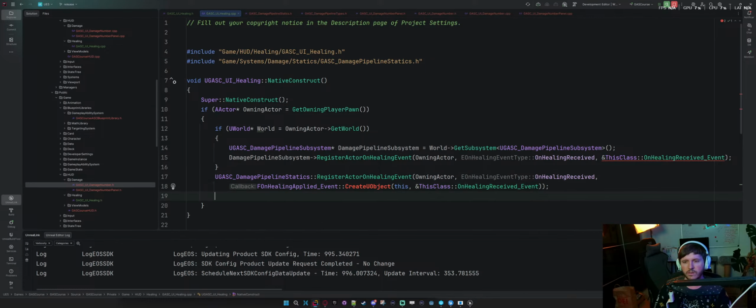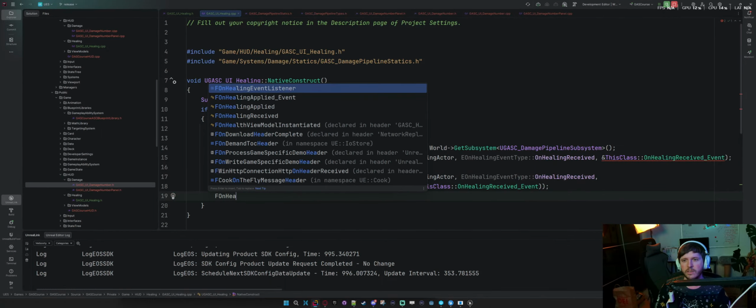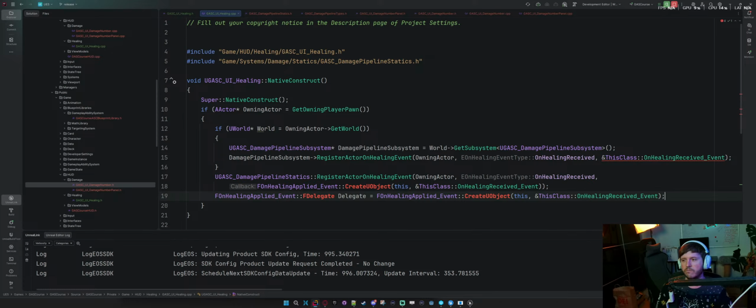So is that an option? If I say F on healing, apply the event. Can't really create a U object here.